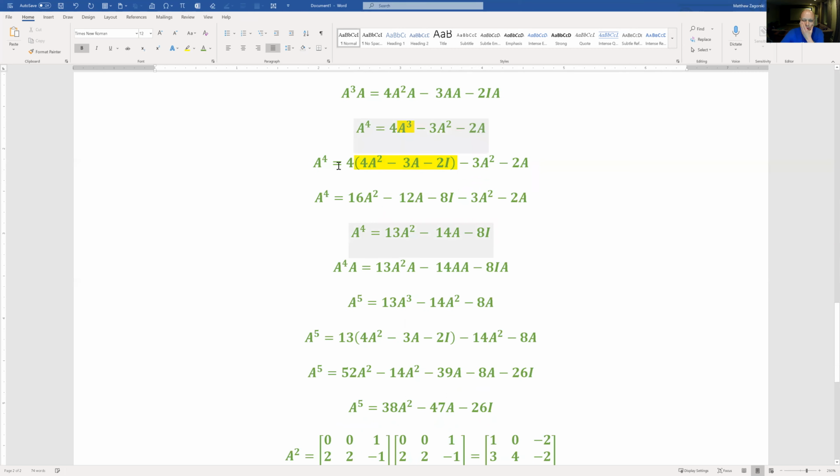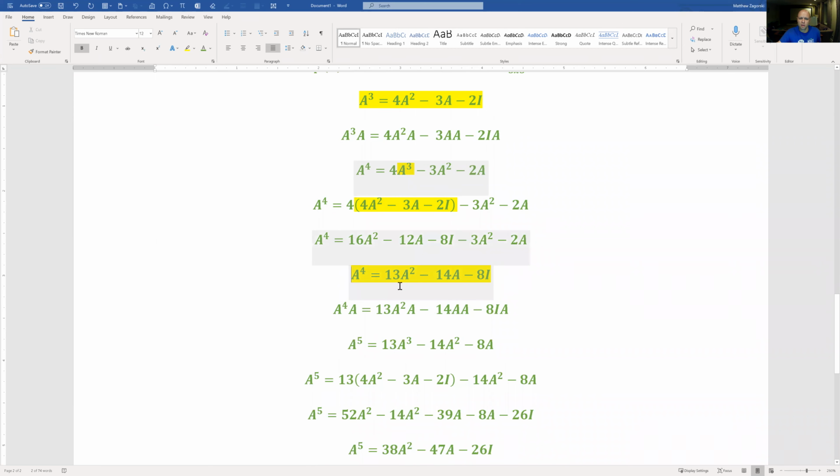And so now we're going to just distribute this 4 to all these terms and combine the like terms and make it all nice and neat for you. And then that's going to give us an equation for a to the 4th power. And as you can tell already, we already reduced the powers because the highest power on the right side of the equation is this a squared. And then the 13 is just a scalar, and the 14 is just a scalar, and the 8